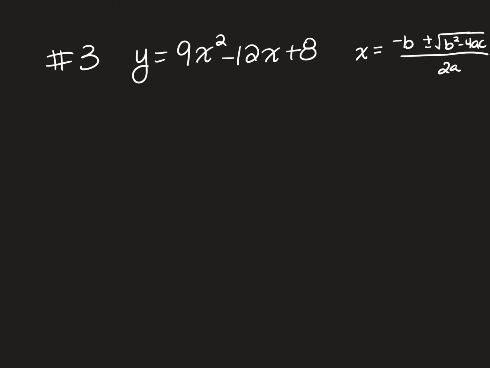Again, recognizing where a is in our quadratic and where it's going to go in our formula, where b is in our quadratic, where it will go in our formula, and where c is and where it will go. So we've got x equals negative b, so negative, whoops, use the right number here, negative 12, we'll fix that in a second, plus or minus the square root of, and then we've got b squared,